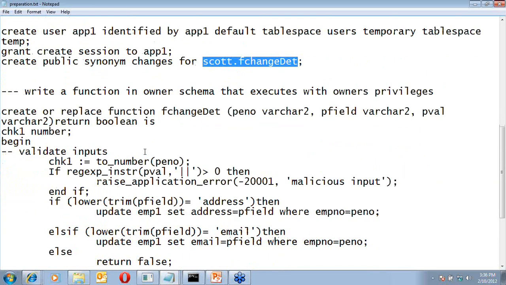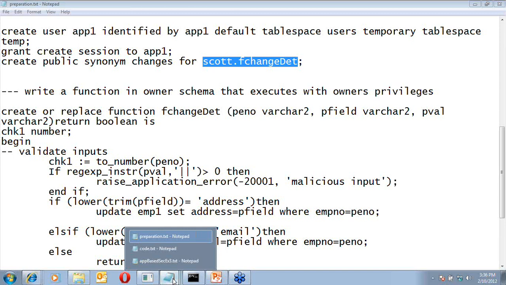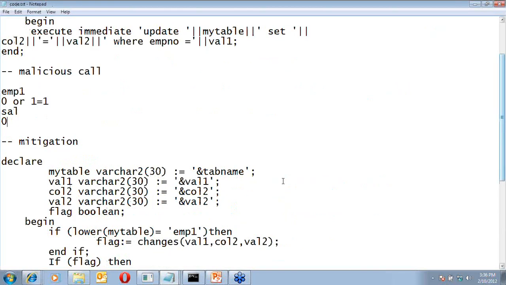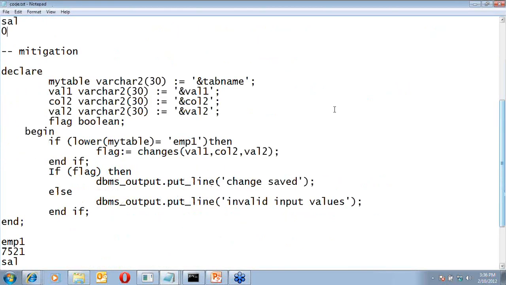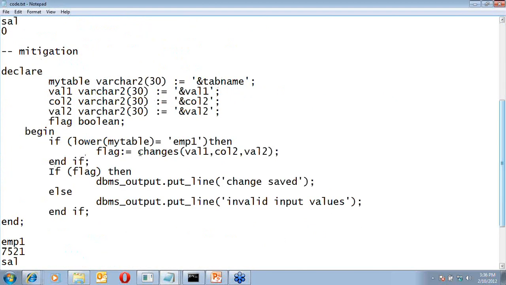And now, how is my front-end application code going to change with all this? Now it is not going to pose any kind of update query. It is just expected to give a call to this function.